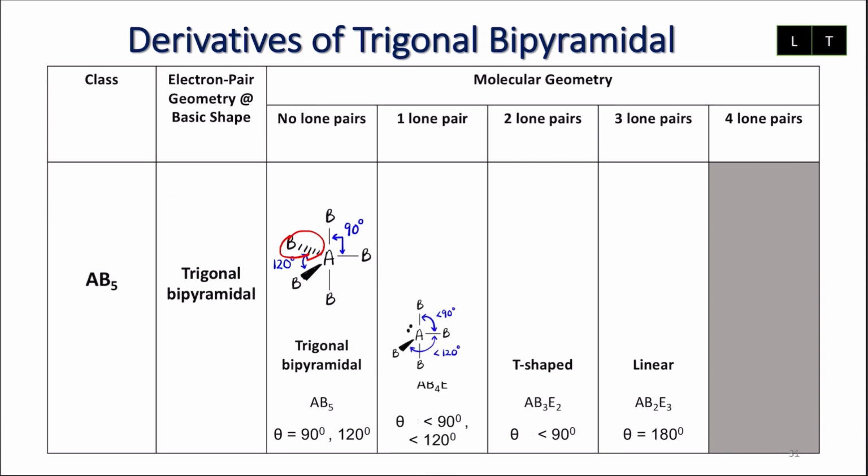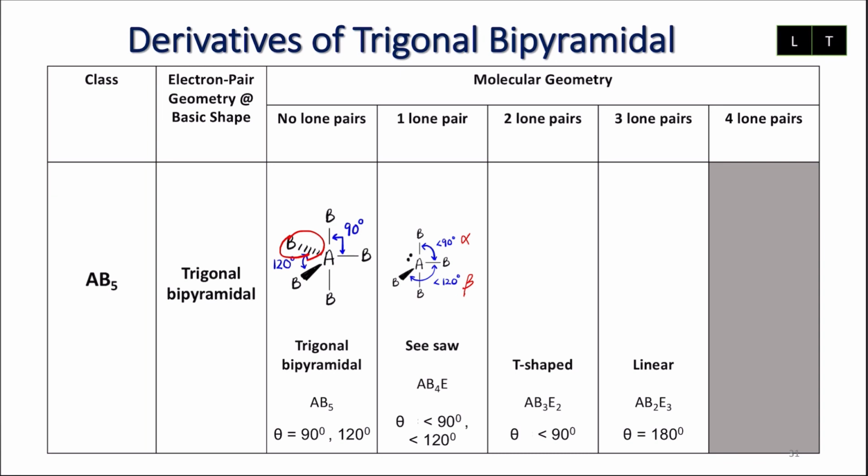I will have a new structure which is seesaw. So that's why the class for this molecular geometry is AB4E, dan dia punya bond angle kita ada 2. So biasanya kita akan label sebagai alpha dengan beta. So tak jadi masalah lah kalau nak label untuk 2 simbol yang berbeza for each bond